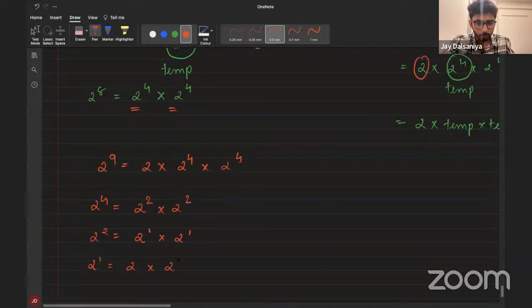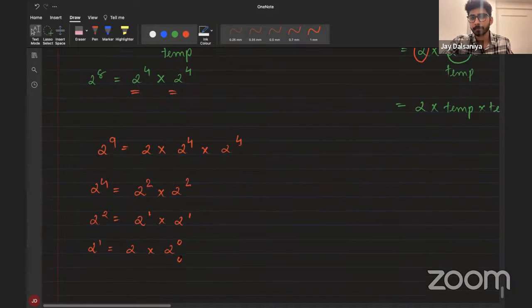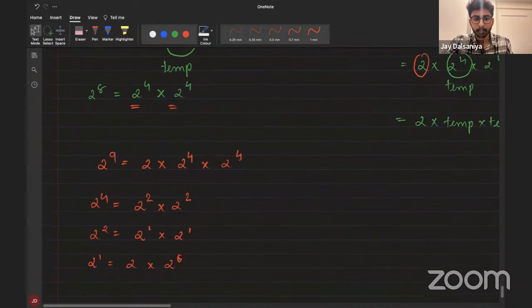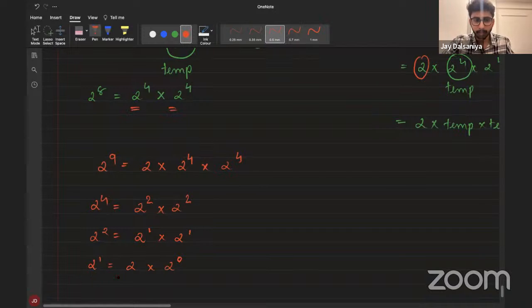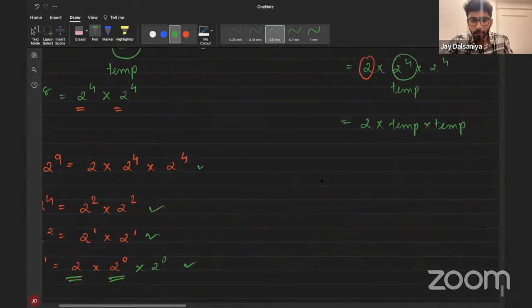2 into 2 to the power 0. So what I have written over here is an odd number of times multiplying an extra element, and finding out this is 2 to the power 0. So basically, at each and every step, I simply need to find out the power answer of, let's say,